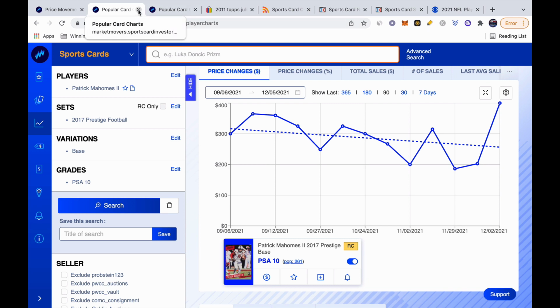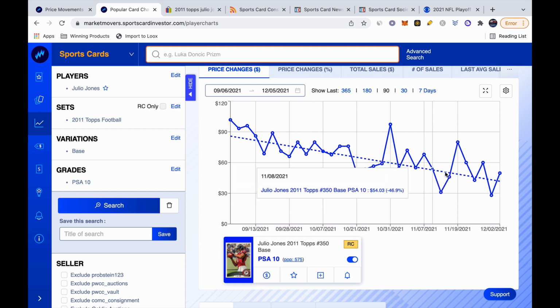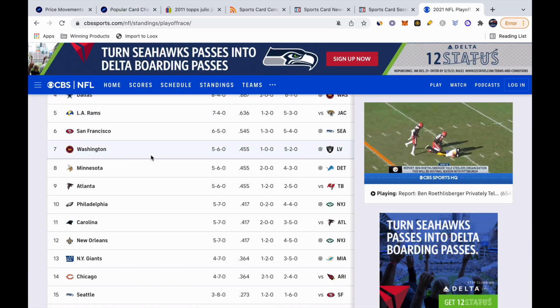Can't be too greedy. So the only buy on this list was this Julio Jones right here, right? Because it's just been going down over 90 days. He's been on IR. His price is depressed. It's probably undervalued. And plus the Titans are probably going to make